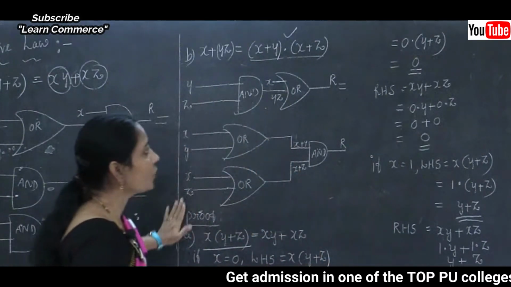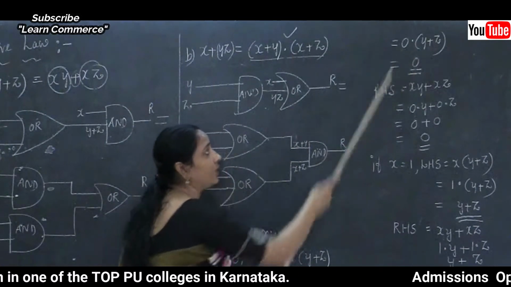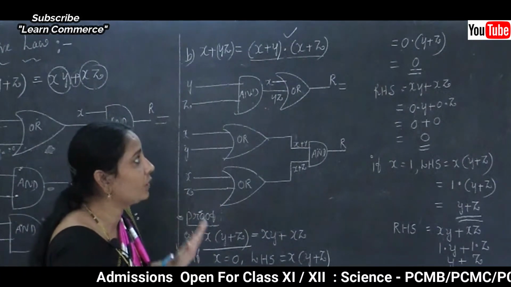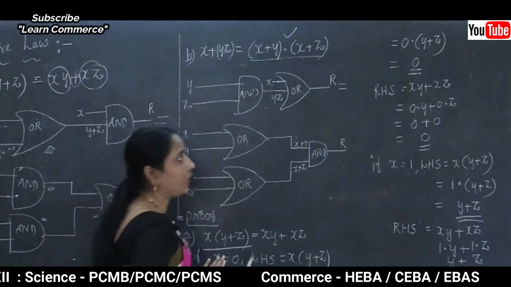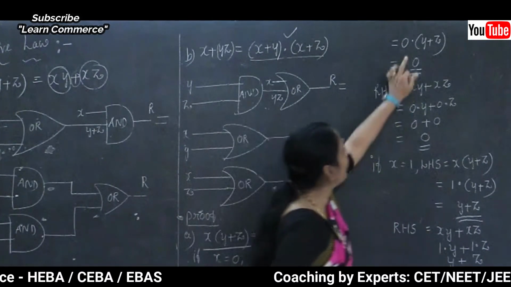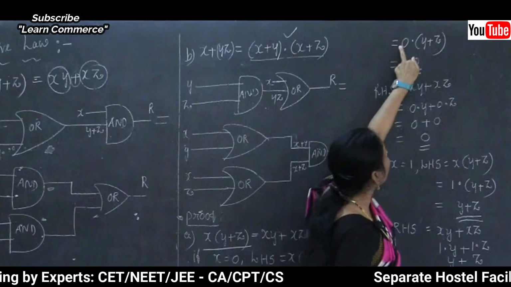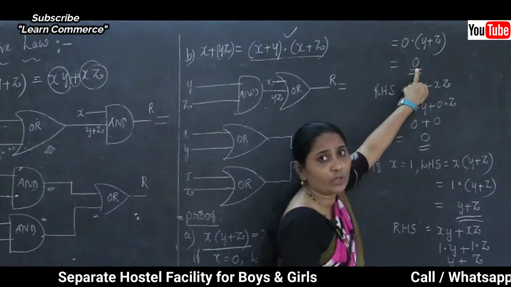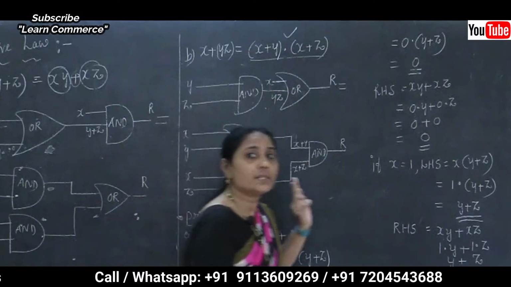Clear this point here? So we can say that in the first proving, we got the result of the left hand side, that is 0. Now after checking the right hand side, only then can we say whether it is proved or not. Here we know that in the left hand side we got one answer, the result is 0. So clear this point here. Maybe x value is 0, y plus z value is 0. So 0, 0, answer is 0; 0, 1, answer is 0 only. Whatever variable you multiply with the value 0, the result is always 0 only.